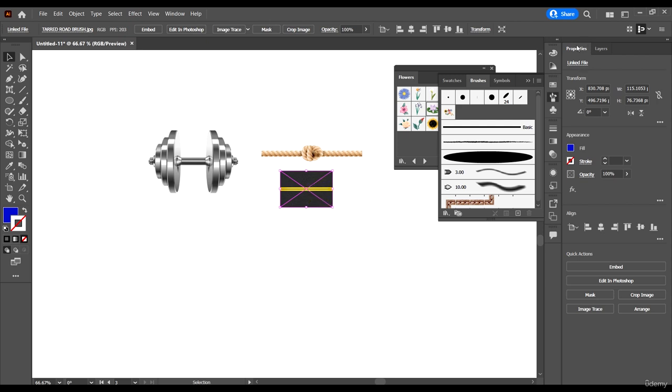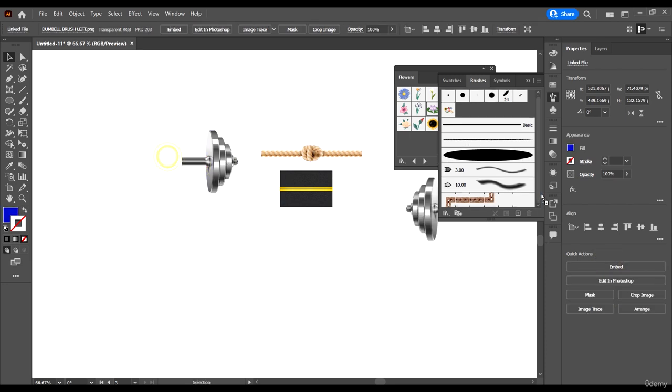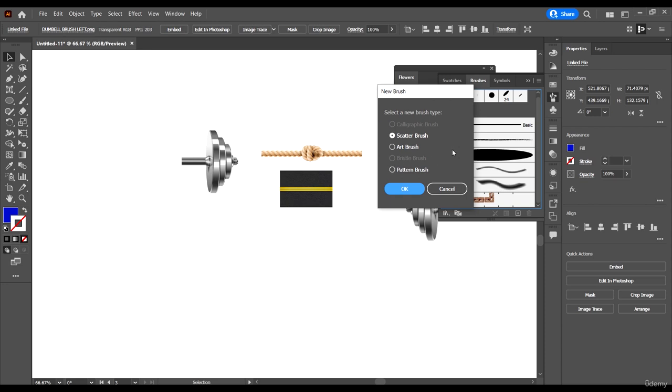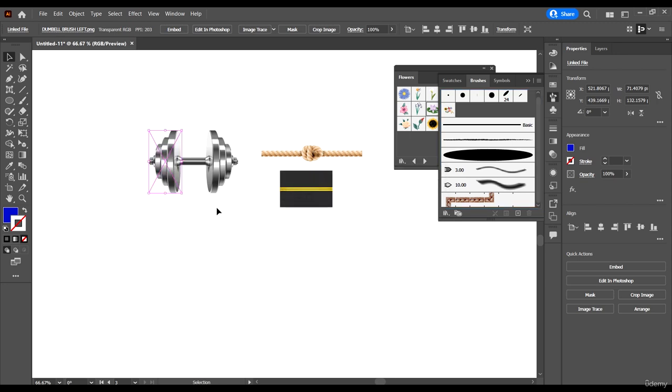So select the image, come to properties panel, and where you see embed, just click on embed, and you can see that we no longer have the X outline. So select each of them and just embed. Now if we try creating the brush, let's see, we just drag it in and we try creating the brush, okay, the pattern brush, we can see that we won't be able to create it. Okay, so it means we really have to embed the image. So embed,